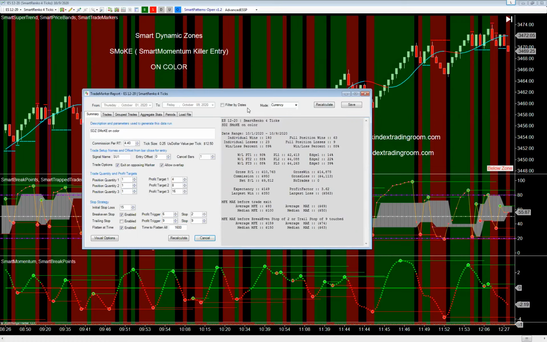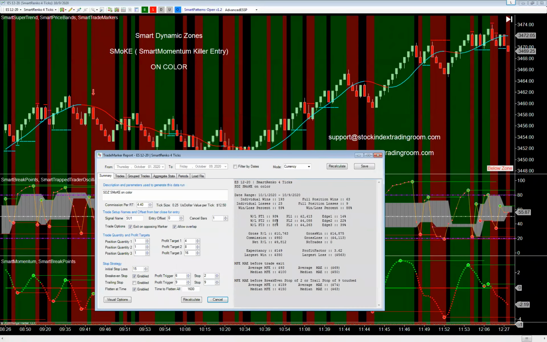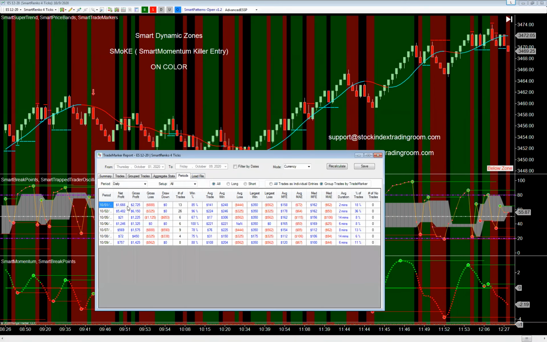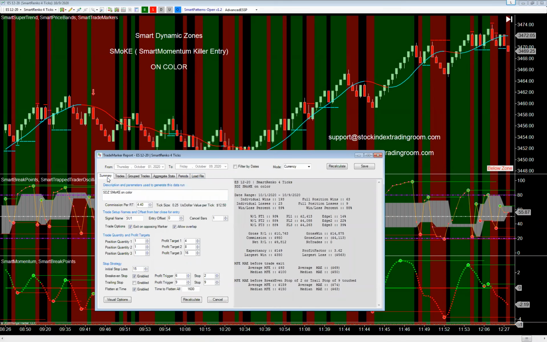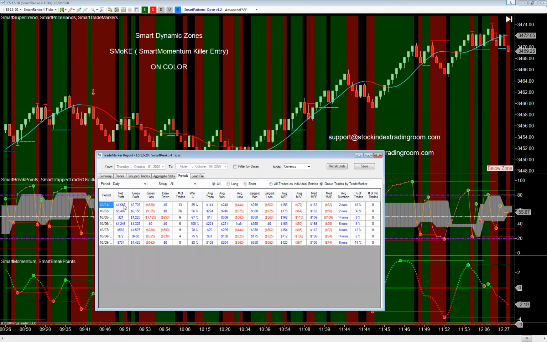This smoke signal on color is 93% likely to have an entry that starts in your favor. So that's it, again, for the month of October. Let's go ahead and look at our daily. This would be our daily trading this scenario where we have 1, 2, 3. This would be our daily